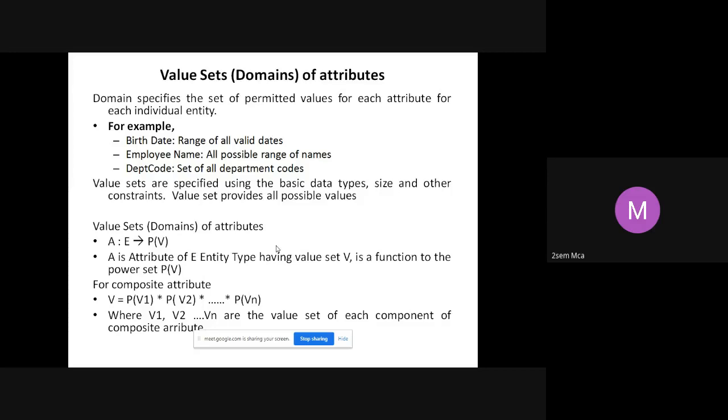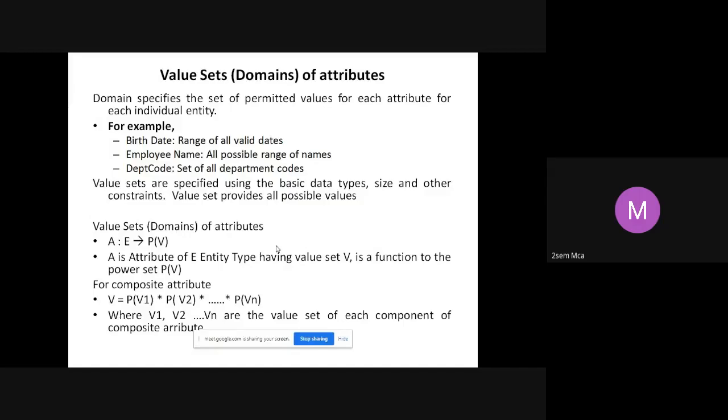If the voter is 10 years old, then I cannot accept it. So what is this 18 to 100? 18 to 100 is nothing but the domain of the attribute age in that particular context. For that voter's context, 18 to 100 is the domain of the attribute age. Domain means the set of all the values which can be allowed, that can be called as a domain.